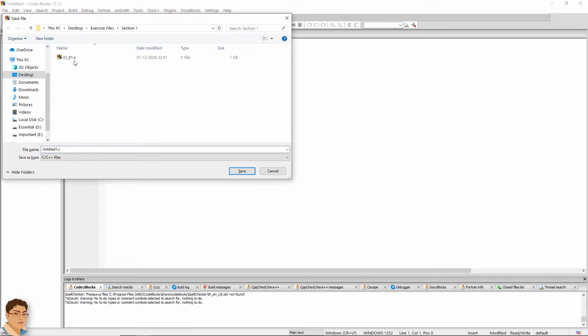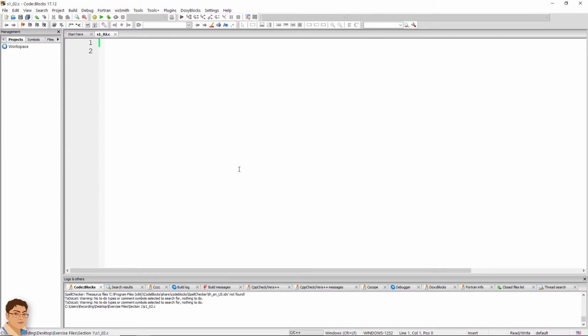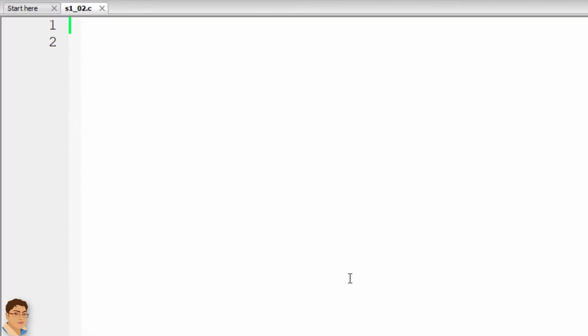I will name it s1_02.c. Let's write the program. Write the purpose of the program as a comment. Calculation of simple interest.